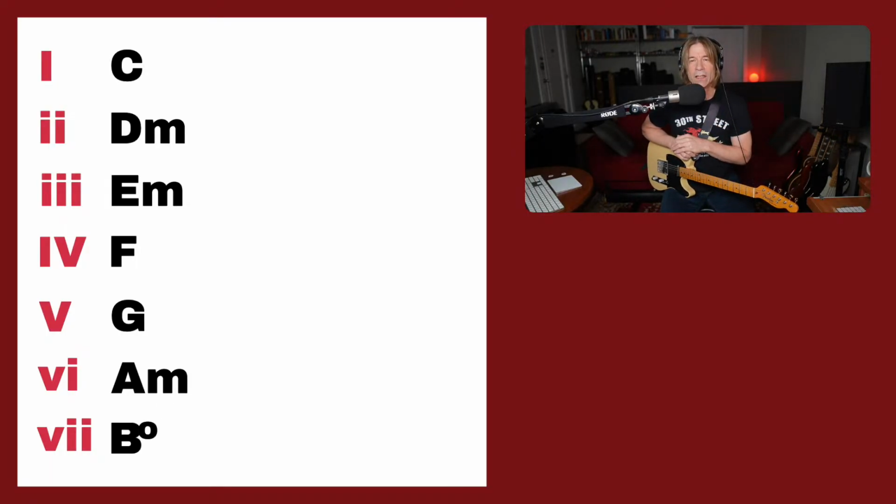Now, in a key, the 1 chord, the 4 chord, and the 5 chord are always major, okay, in a standard diatonic key. And you have the 2, the 3, and the 6 chord, which are always minor in the standard diatonic key, okay? Just like right here, like we played earlier, the C major chord, we go up to F, the 4 chord is major, the 5, G is major. Okay, those are the 3 major chords. If you go to D minor, minor chord, E minor, minor, and go up to A,